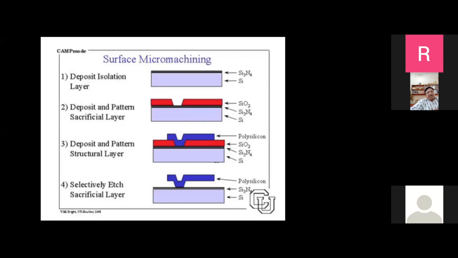You start with a silicon wafer, put a thin layer of nitride. On top of that, you put a layer of oxide. The red one is oxide, and you etch out a small region for the polysilicon to hold there, and then coat uniformly the polysilicon on top of that, and finally etch out the oxide region. You can etch out oxide in different ways. So the oxide is called the sacrificial layer. You are just simply sacrificing that to make the polysilicon structure.